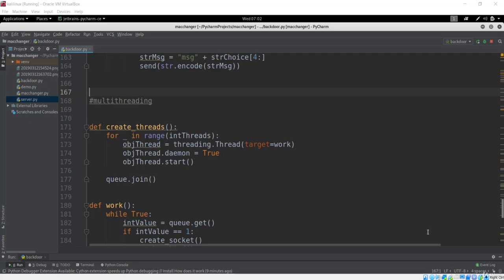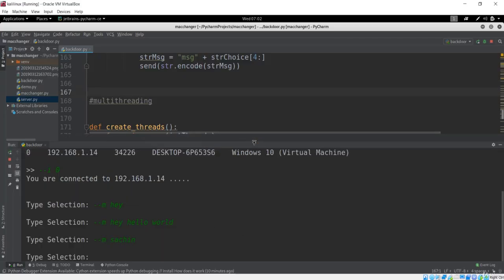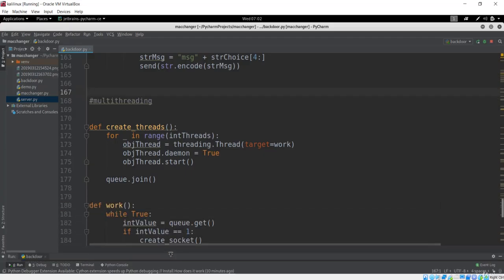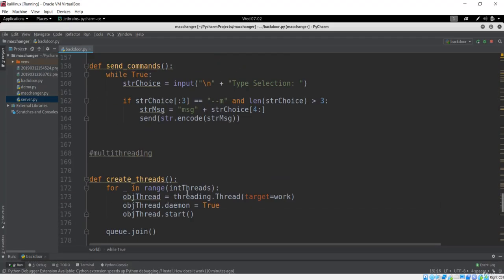Welcome to this lecture. In this lecture, we'll see how we can open the web browser on the client side, and also redirect to the URL that is sent from the server. In the previous lecture, we saw how we can open the message prompt from this command. We passed that to the client side, and the client executed it from the subprocess module. So for now, we have to make the command in order to send that from the server to the client.